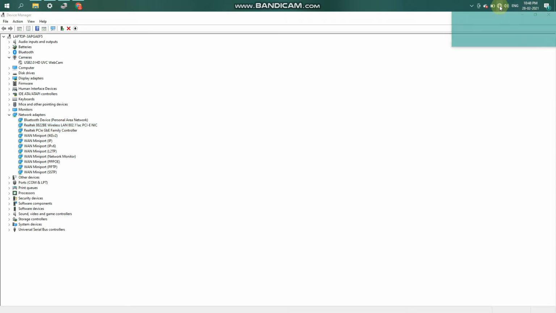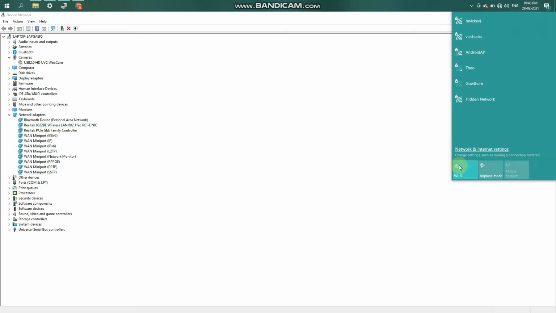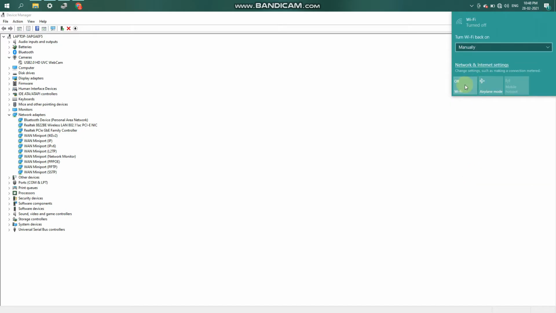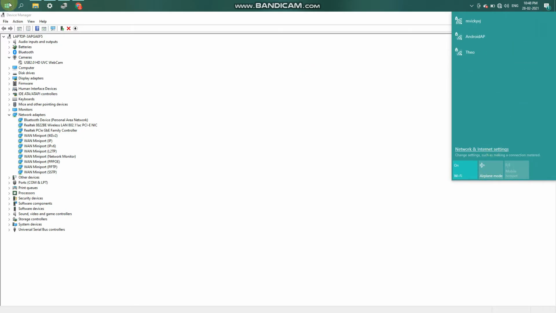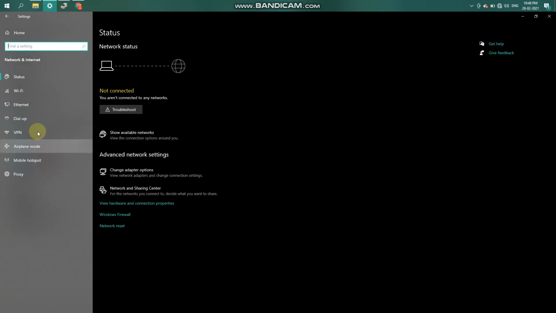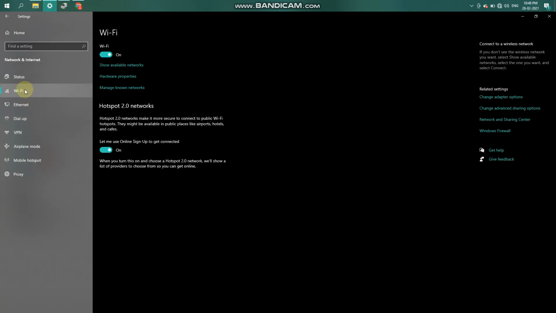Now here in the taskbar connections is the Wi-Fi setting option, and you can turn the Wi-Fi on or off as you wish. Similarly in the settings you will get the Wi-Fi setting option again. So this is a cool way to permanently disable or enable the Wi-Fi setting option.